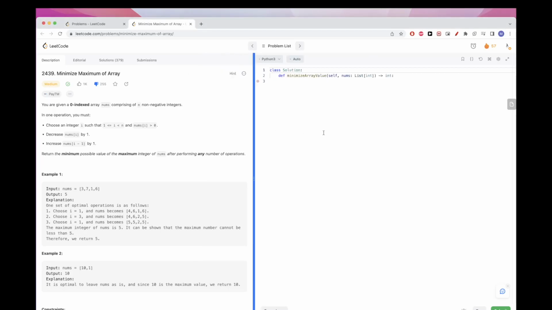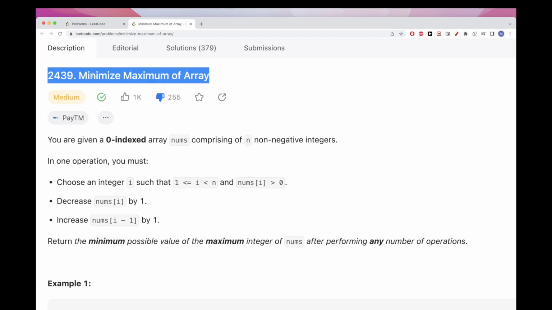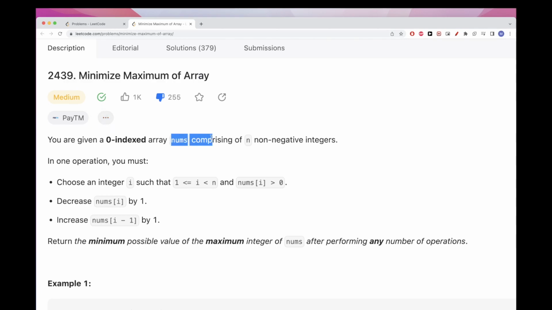Hello, so today we are going to do this problem, which is part of the Leetcode daily challenge, Minimize Maximum of Array. So we get an array of numbers that has n non-negative integers, so positive, and we have one operation we can do where we choose an integer I in the array such that the number in that position is bigger than 0, and we want to decrease that number by 1, and we have to increase the previous number